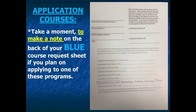you circled GenNet. Please note, you still need to fill out an application in order to apply for any special program. Just to clarify, you will still need to select 6 credits on the front of the GLUE course request sheet even if you plan to apply for one of these application courses. This is so you have a backup elective selected in case you do not get accepted into the program you